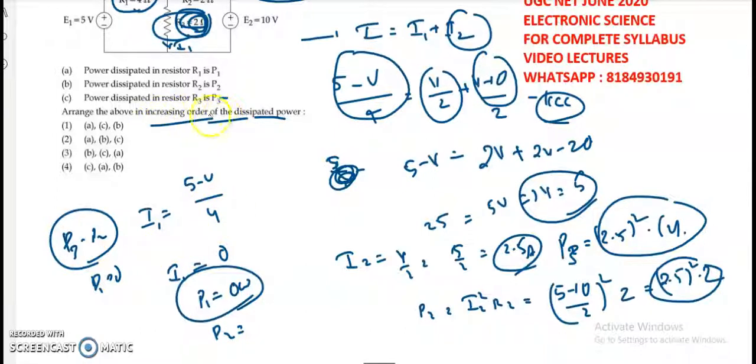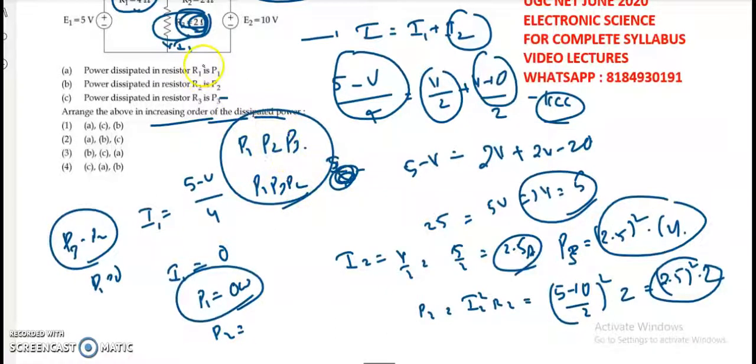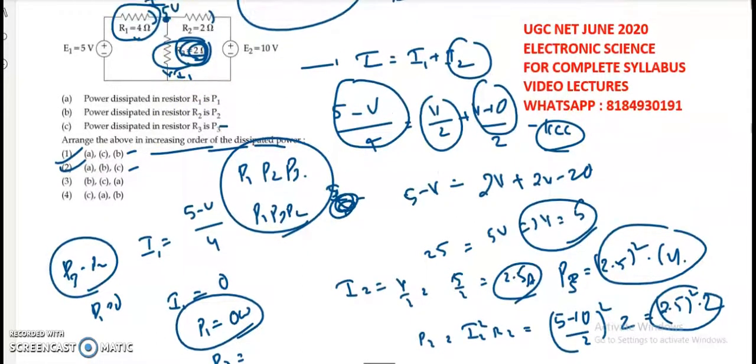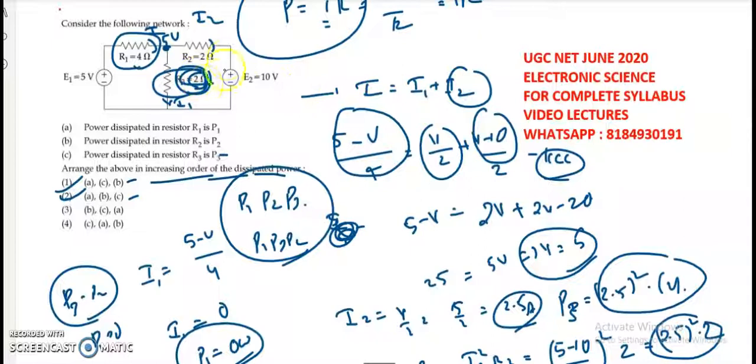So here they ask for the increasing order. So either P1, P2 and P3, or else P1, P3 and P2. So you may get either one. The least one is P1, that is A. So the first option and the second option, both of these will work out for this question. Okay, actually they should change any one of the resistors. Here the 2 ohms and here the 2 ohms are given, but they should change one resistor such that we will get one clear answer. But as per the values we got right now, P1 is the least one, but P2 is equal to P3. That means either this option works out and this option also works out.